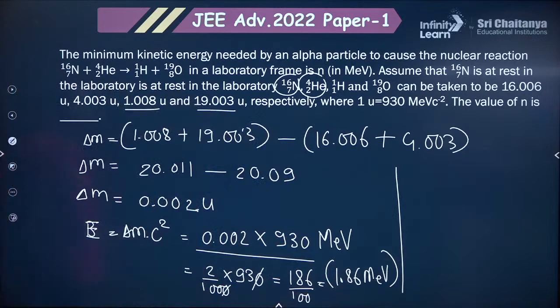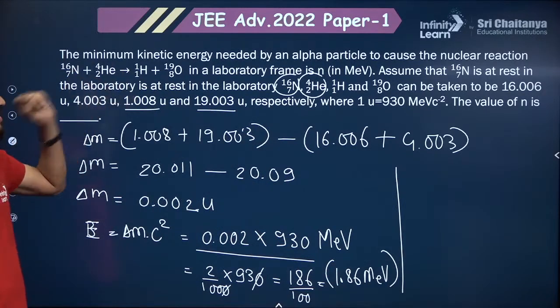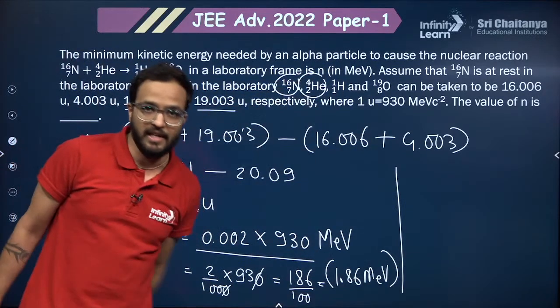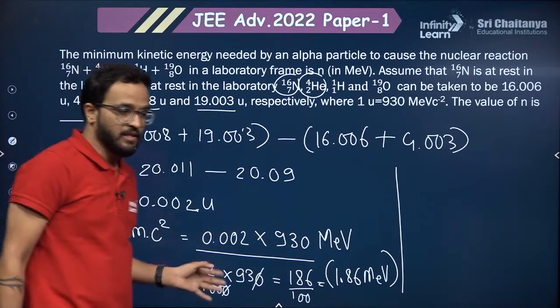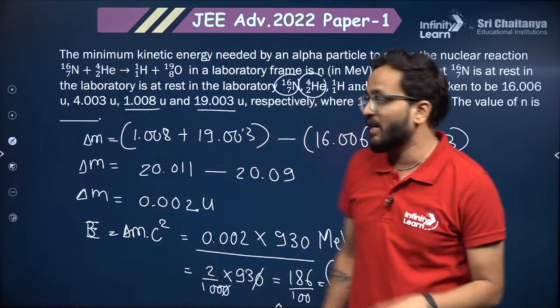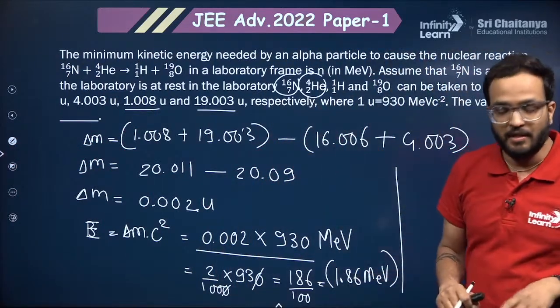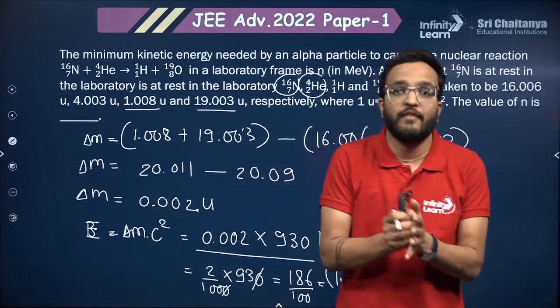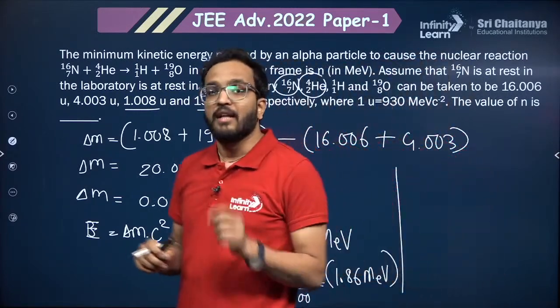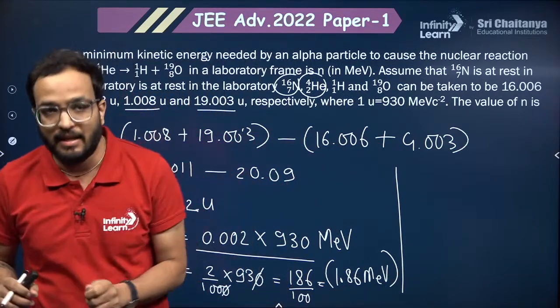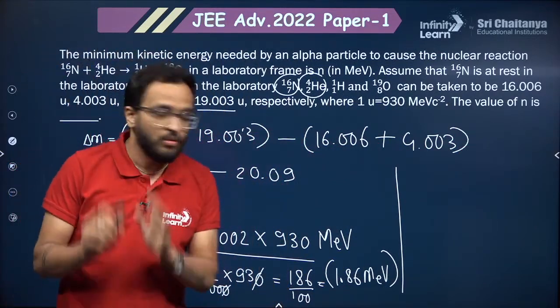The thing is, they are asking you about the minimum kinetic energy needed by an alpha particle to cause the reaction, okay? So this is the overall loss, right? This is the loss in energy. Now what happens, since fusion is taking place, so the alpha particle will fuse with the nitrogen atom, right? So what's going to happen here, the collision will be absolutely inelastic, and if the collision is absolutely inelastic, so